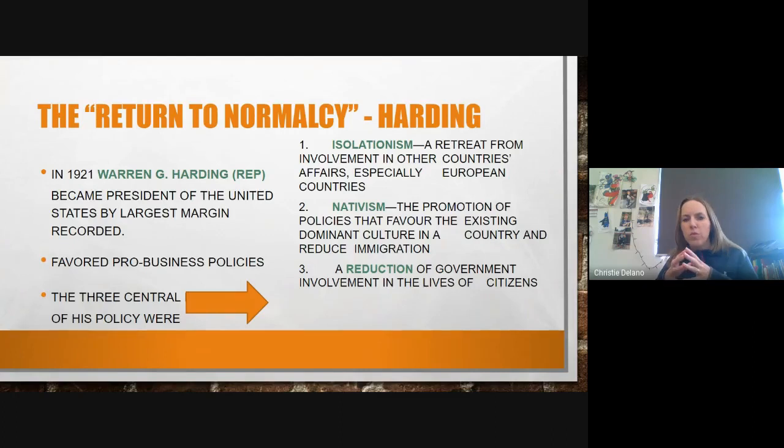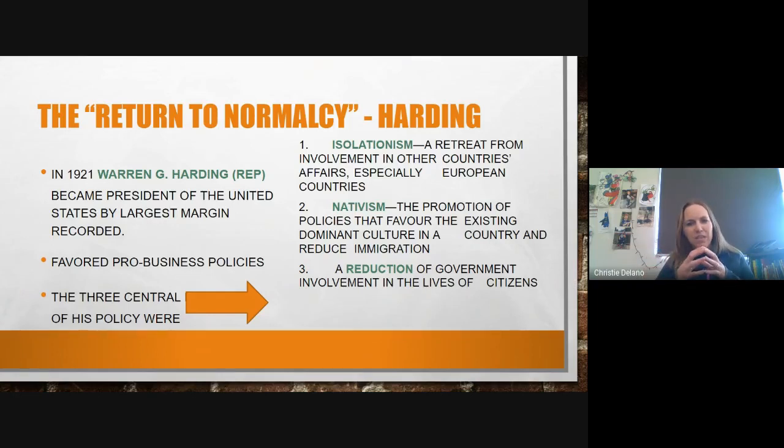The First World War brought a lot of change, a lot of manufacturing in various countries, including the United States and Canada, in order to ramp up production for the war. When the war ends and everybody comes home, you start to see this idea of return to normalcy, where nations start to isolate themselves again, retreating from foreign affairs, from interacting with and interfering with other countries.